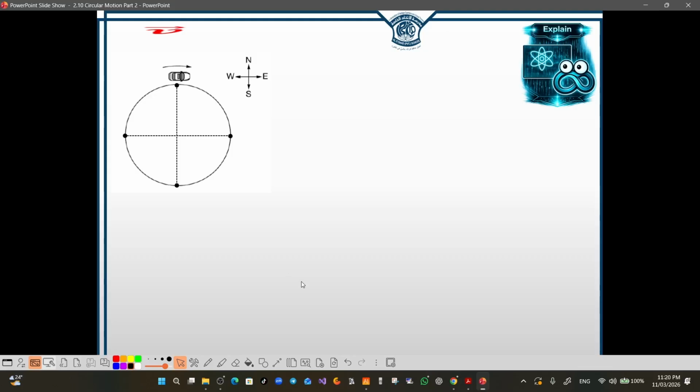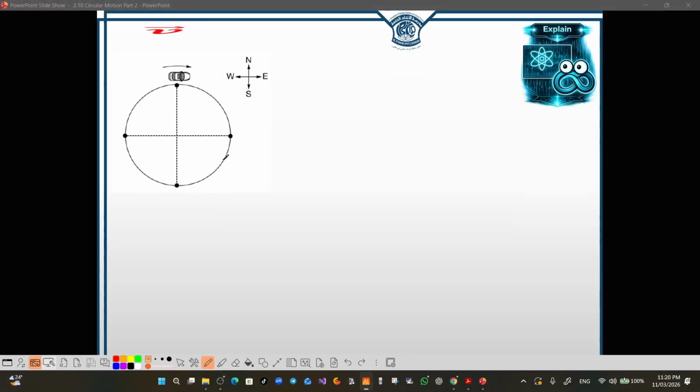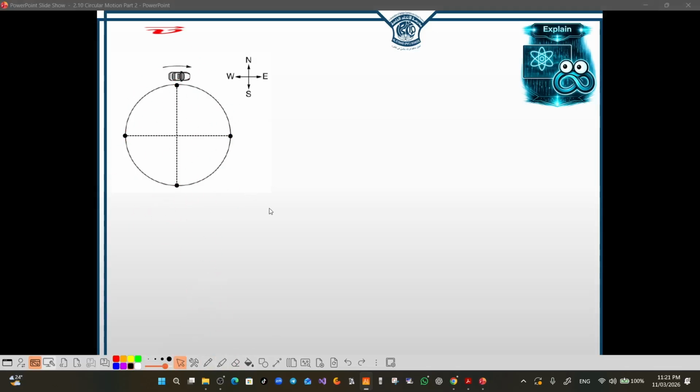Now, let's practice more in determining the direction of the velocity and the direction of the centripetal acceleration. Let's assume that we have a car rotating around a circular path. The direction of the motion here is clockwise, and the target is to describe the direction of the velocity and the acceleration at the following points. So let's start with the first point, the direction of the velocity. Remember that the direction of velocity indicates the direction of motion, and it should always be tangent to the path, which means the velocity will be in this way,